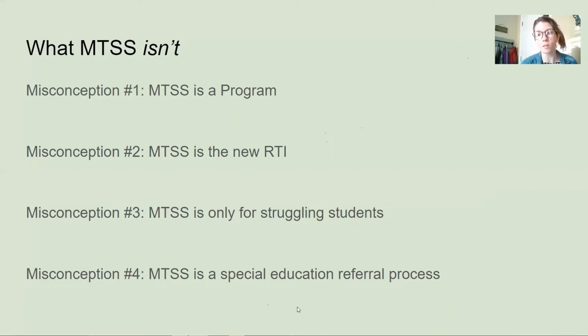And we really want to start moving away from that. There are always going to be children that need to be referred. There are always going to be children that have special education needs. But what we're going to try to do is really help provide additional supports for teachers so that